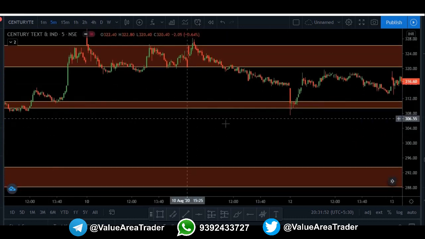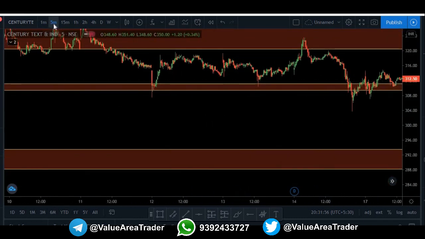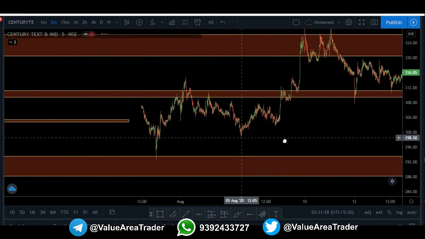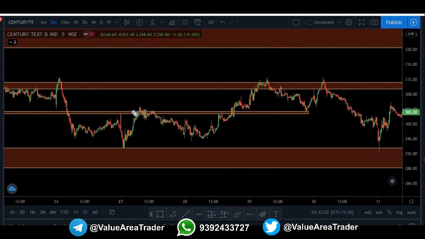Okay. So now, what kind of zones can be helpful in intraday? The kind of zones that you are making in the 5-minute chart. Like let's say this is a particular resistance that you made in a 5-minute chart. So automatically you can see that in 5 minutes it is working well. So within 10 or 20 minutes this was broken, and in the next 10-20 minutes it got support. So this is all happening within 30-40 minutes.